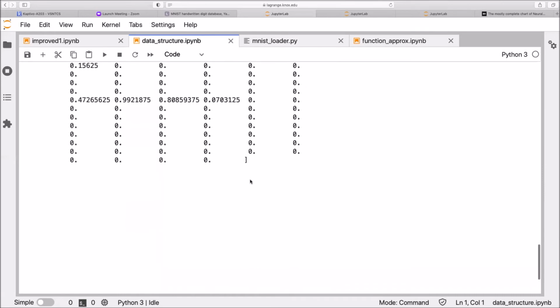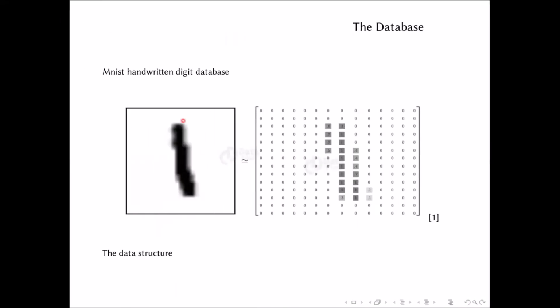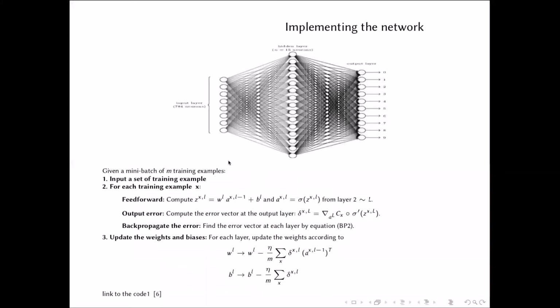So yeah, there are 784 grayscale values in this matrix. Let's look back. Now we just need to implement the network. What we do first is give a mini batch of n examples. For each mini batch, we have about 10 images. And first, for each training input X, for each image, we're going to